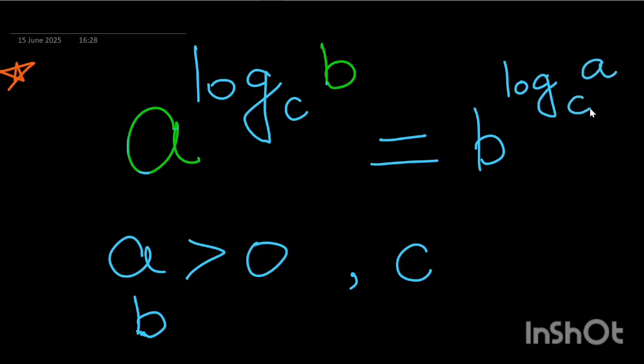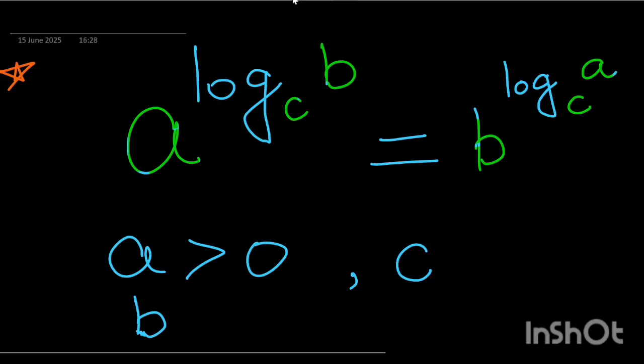C will remain as it is. So here the base was c in the log, which was in the power of a. So here also it will remain to be at the same place. The only thing is the positions of a and b are interchanged. So this is the next